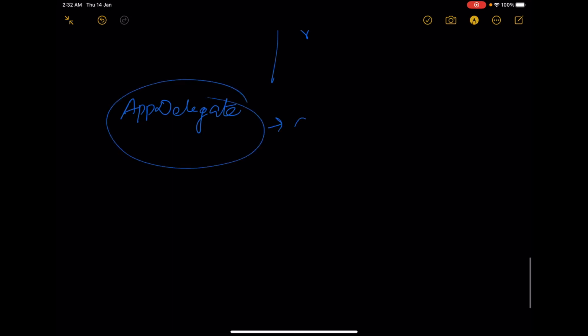Okay, right? So each application will be having an app delegate, meaning this class will act as a delegate for the UI application.